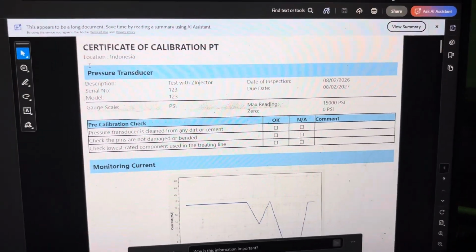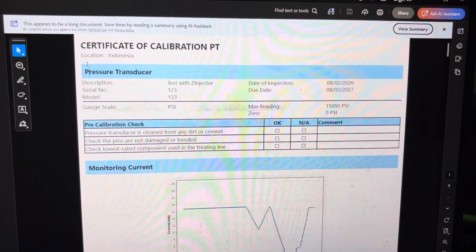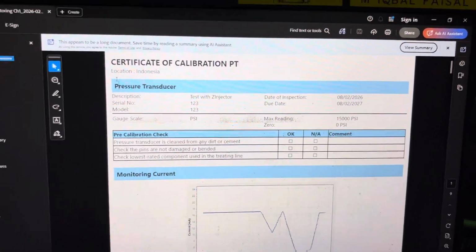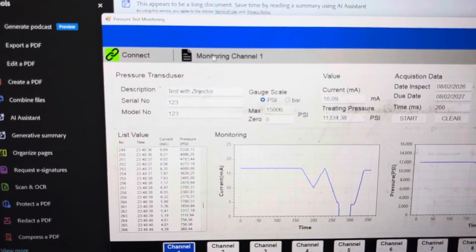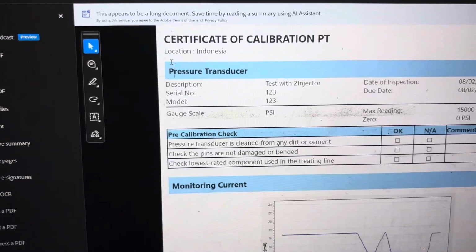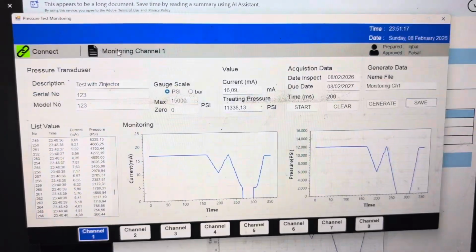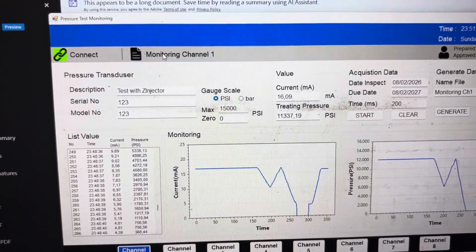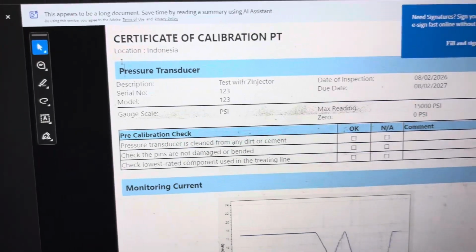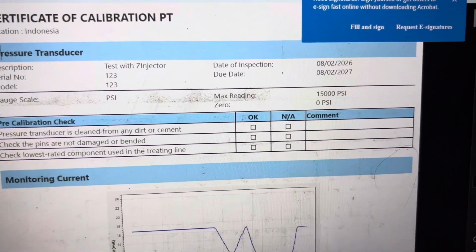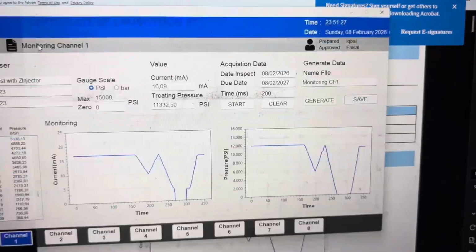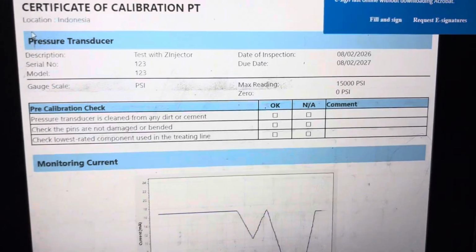This is the result generated from my software. You can see the description and serial number are the same. After that, the gauge scale is PSI and the maximum number is the same, and the date and due date inspection are the same.